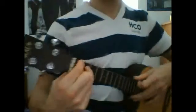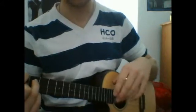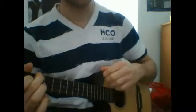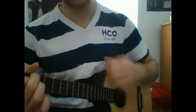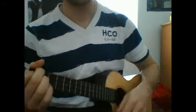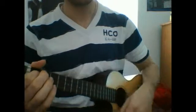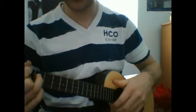I don't know if you can see it very well, but if not, just look up how to play B diminished. So what you have so far is one measure A, one measure A major 7, 6 beats of A7, 2 beats of B flat diminished,